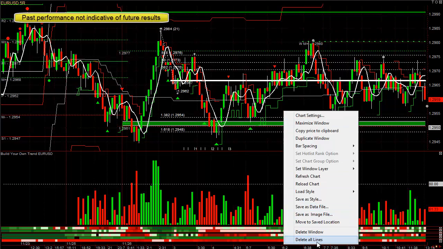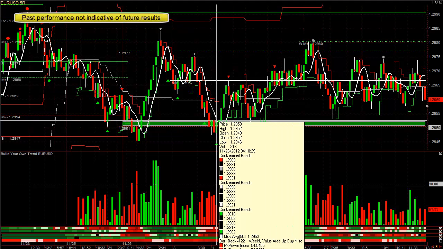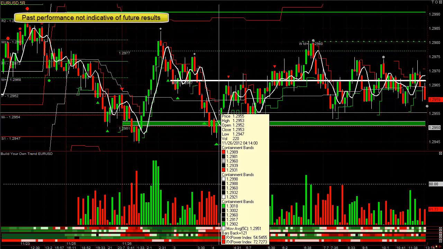It also happens to be the value area high of last week. The point of control is where most trading activity happened last week, and 68% of the activity of last week is between the value area high and low. This is a value area high, which means the market ended the week up, near the extreme highs, and when it pulls back, it's very likely to find support here at this value area high. And that's why if you click on the chart, you'll see a weekly value area